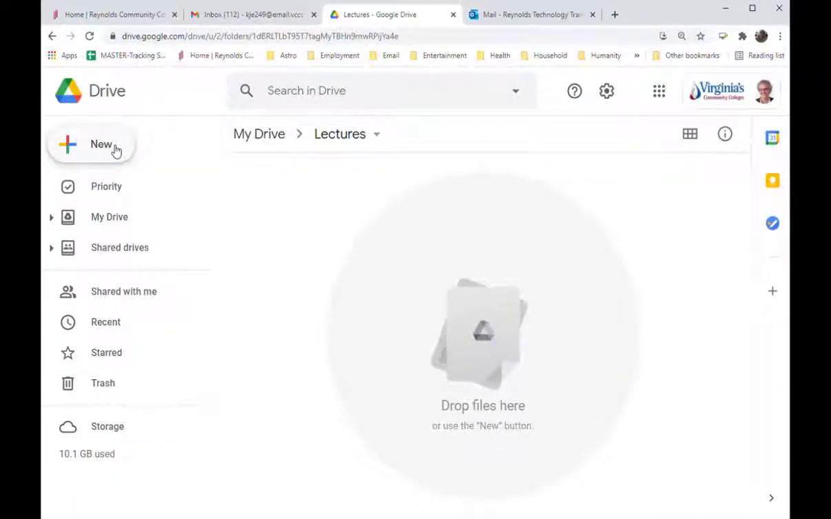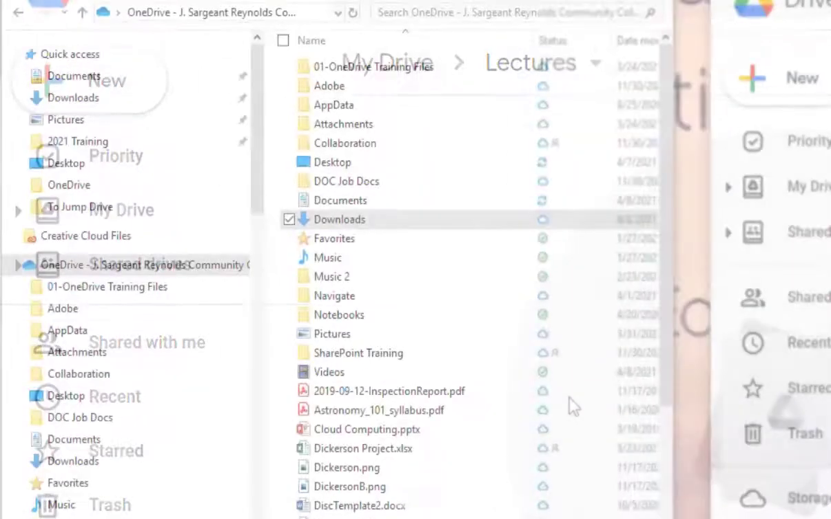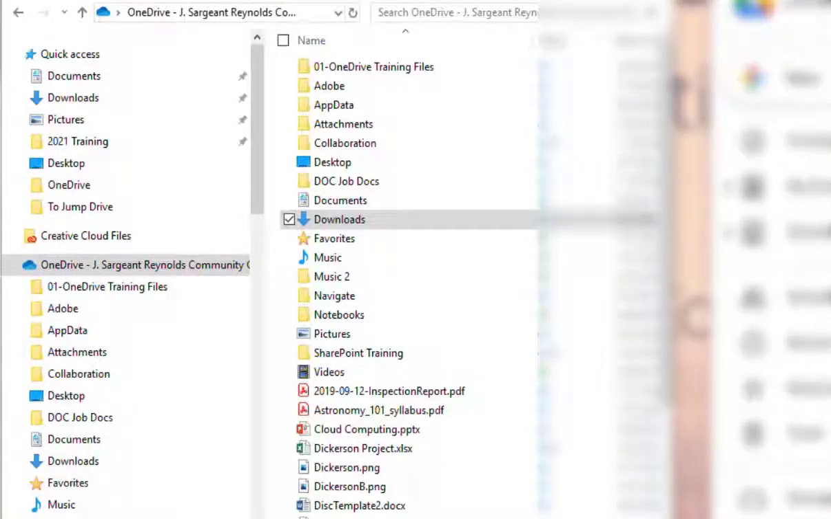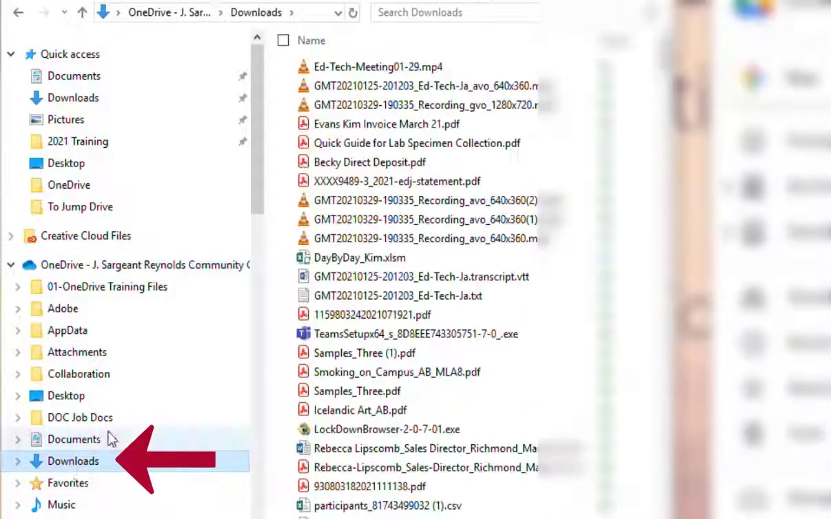Files can be either added by dragging them to this space, or by file upload or folder upload from your desktop. We're just going to drag them over. On a personal computer or a college PC, you would simply go to Downloads to locate your files. On a college laptop that is connected to OneDrive, you will click on OneDrive, Downloads, and here you will find